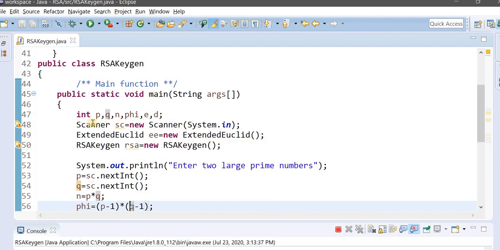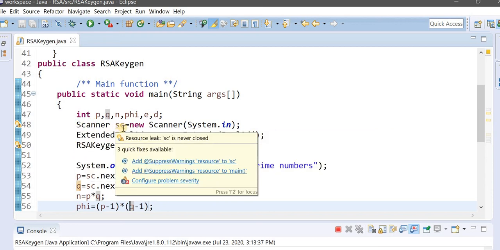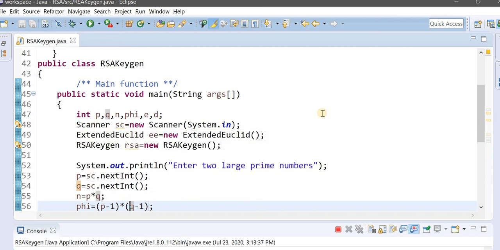So let us start the program. First, create the object of the Scanner class for taking input from the keyboard. Then create the object of the ExtendedEuclidean class, then your class RSAKeyGen. System.out.println is used to display that you want to take input of two large prime numbers.